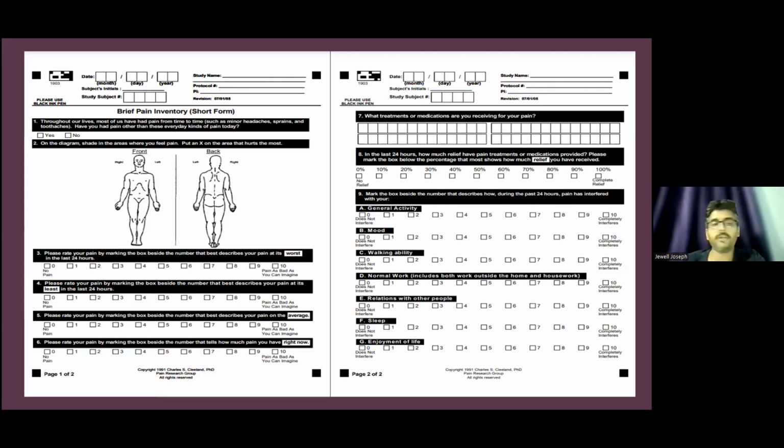We ourselves don't use multidimensional questionnaires in palliative care practice. We usually use the numerical rating scale with other questions. The primary area of usage for these multidimensional questionnaires would be in the context of a study. But if we can incorporate them into our clinical practice, that is well and good. So that was about the multidimensional questionnaires. Now, to give an idea about how multidimensional and unidimensional pain assessment scores work,